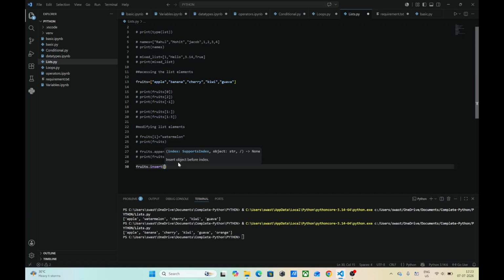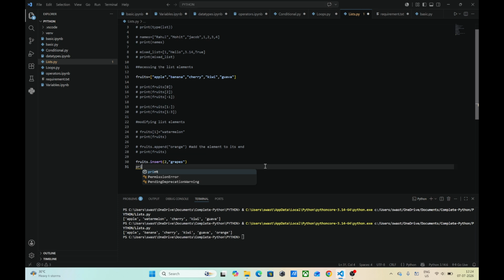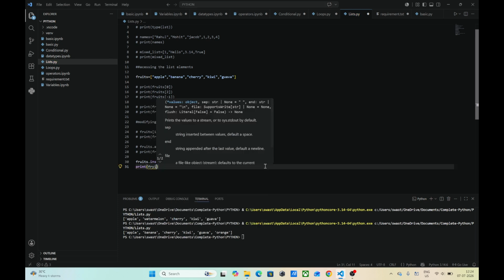So if I want to insert at position 2, that is banana, I will write 2 and give a comma. After giving a comma, you have to write the name of the thing that you will insert. Suppose I write grapes, and after writing I will print and show you the updated fruits